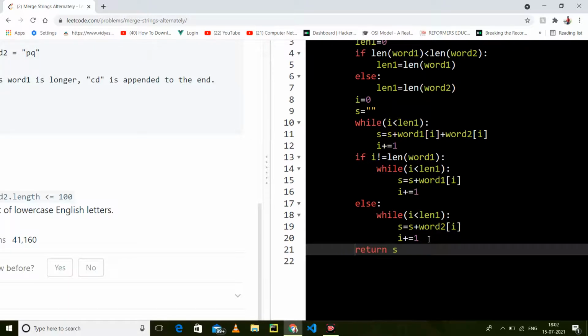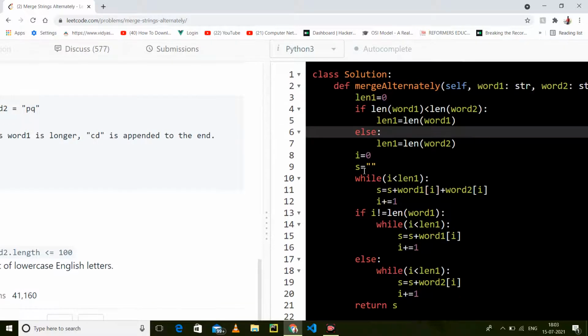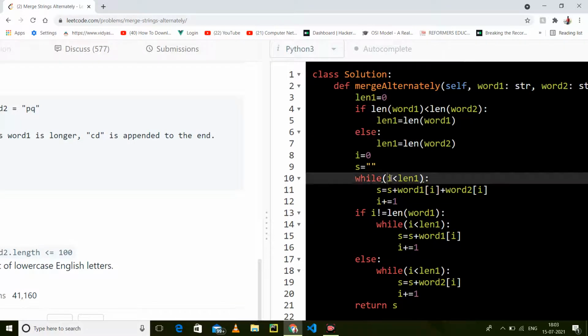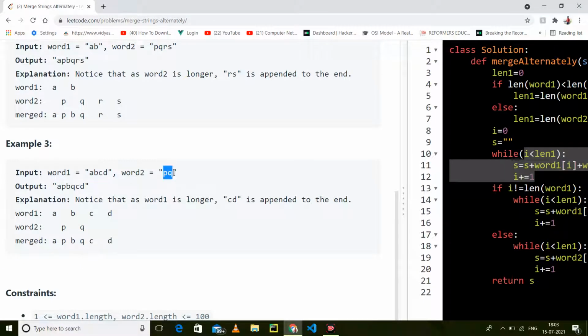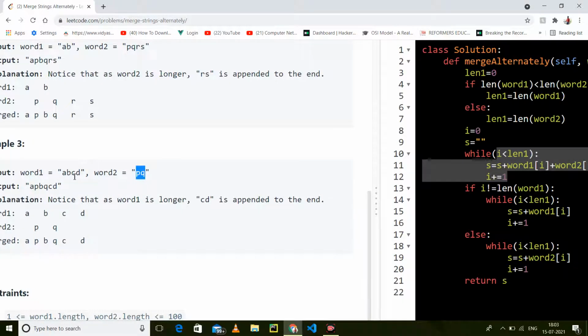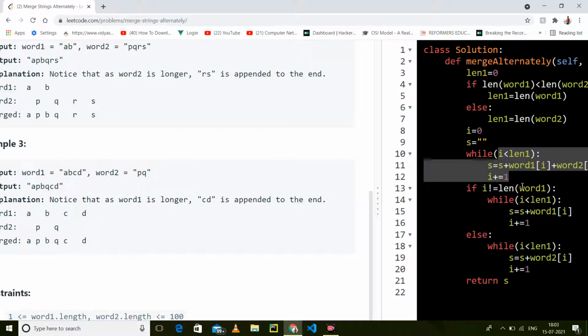That's it. What I have done is I have first found the smallest length, so I have to traverse every element till the smallest length. So here I have found it, then I have traversed. In this case we have a 2, so first we will traverse AP, then BQ, so we have traversed 4. Now we will check whether in this condition, in this case our i is 2, so we will check